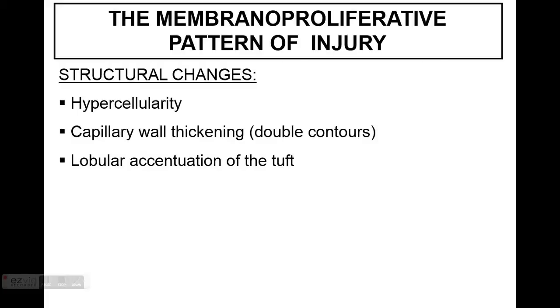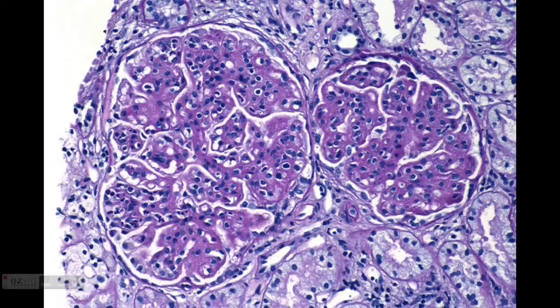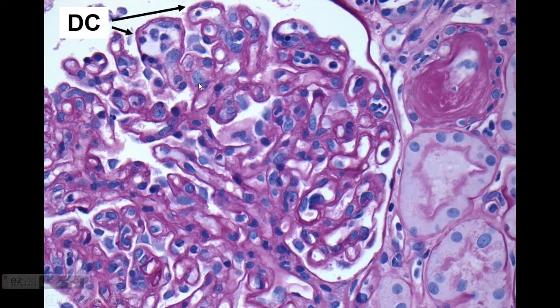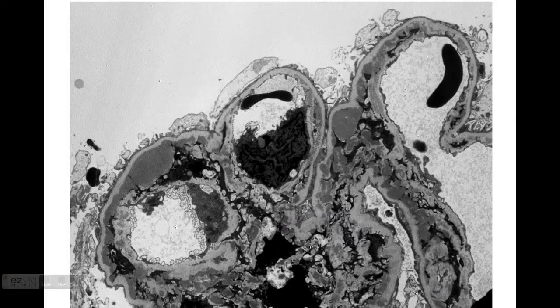So when we see hypercellularity, capillary wall thickening, and lobular accentuation of the tuft, some people even call it lobular GN, and you see it here, this lobularity, a lot of hypercellularity, thickened basal membranes, and in some cases you can see very nice double contours. You also see endocapillary hypercellularity, mesangial hypercellularity, and on electron microscopy, this can be due to the presence of subendothelial